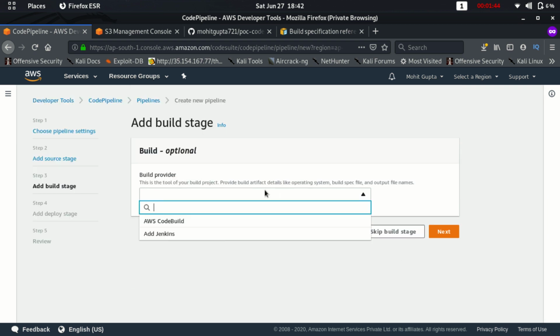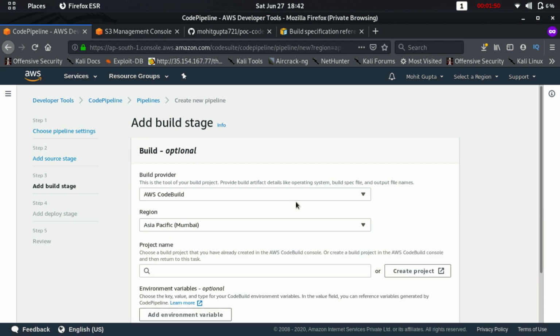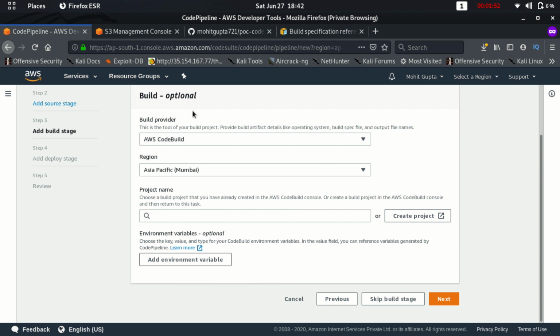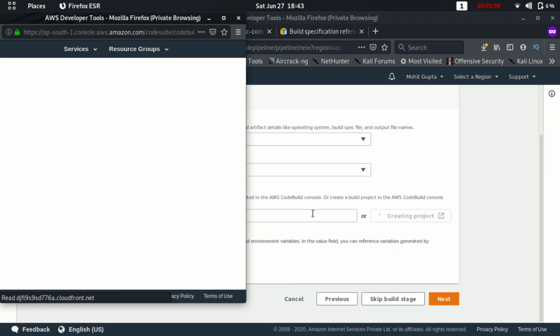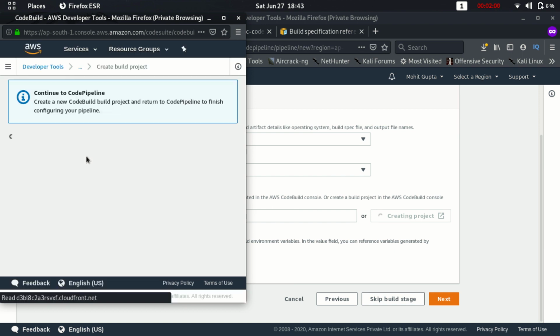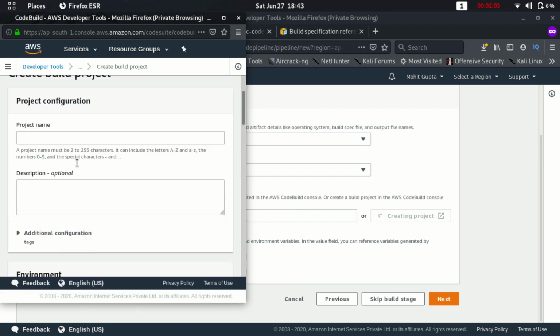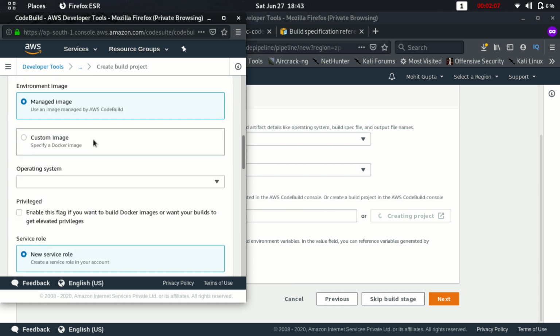Hit the next button. And build provider, I'm using AWS CodeBuild, the default built-in managed service. So let's just create a build project. You need to give the project name for the build, so I'm giving the same name.